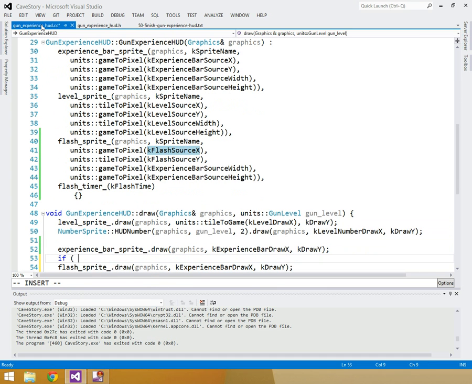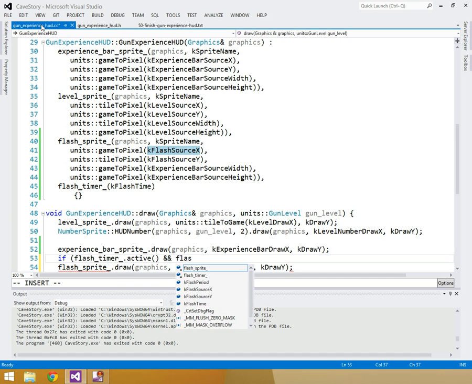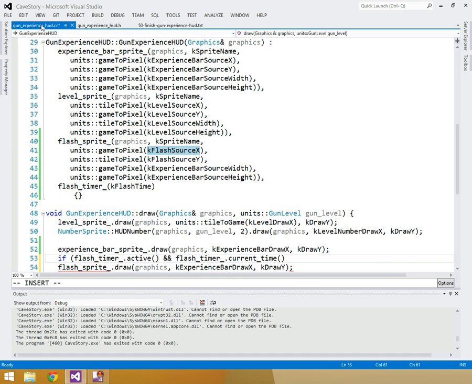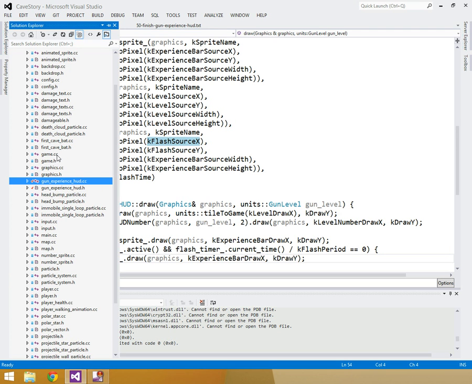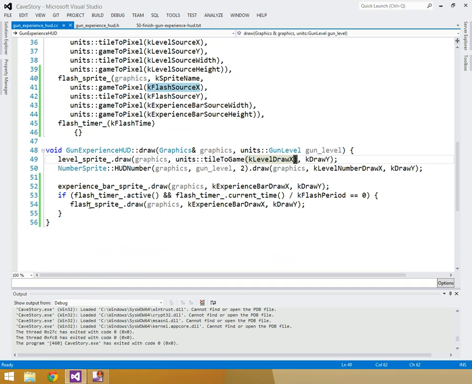So if flash timer dot active, so if it's active, and we can do our special dealio where we take our flash timer dot current time, divide it by our k flash period, and if that is equal to 0, then we draw. Otherwise we don't draw it. So let's go in our game class and create a situation where this would actually happen so that we can see it